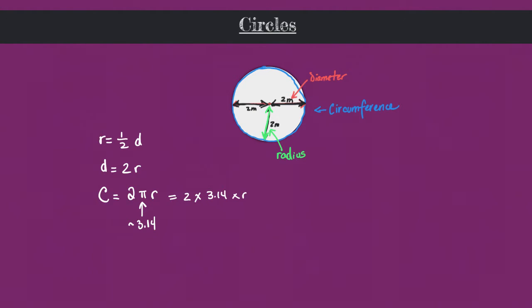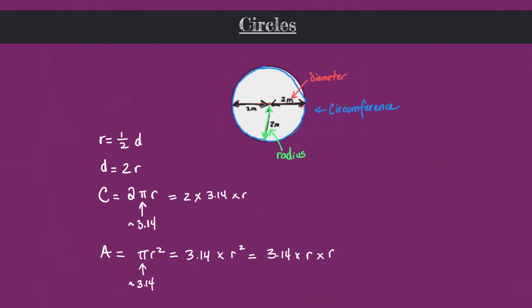All right, and then finally, to find the area, it's going to be pi r squared. And just a reminder, pi, again, is approximately 3.14 in this video and for our problems, okay? And so if I'm going to rewrite it, it's going to be 3.14 times our radius squared. And let's expand it a little bit further. It'll be 3.14 times a radius squared is simply saying the radius times the radius, okay? So we're going to use these formulas in the next few slides to find the radius, diameter, circumference, and area